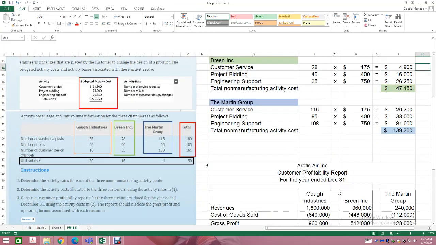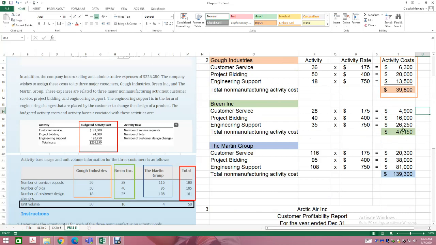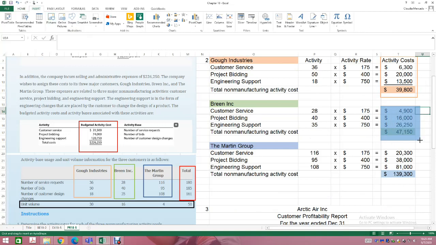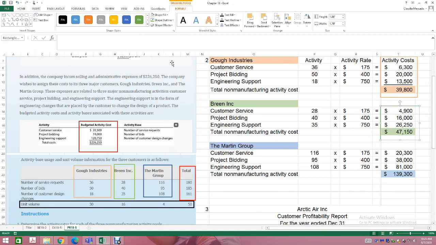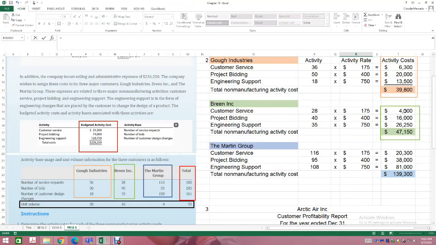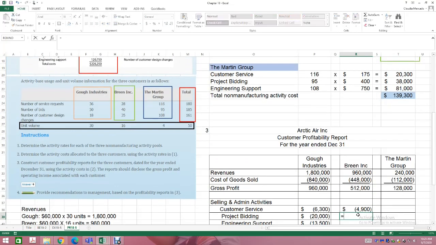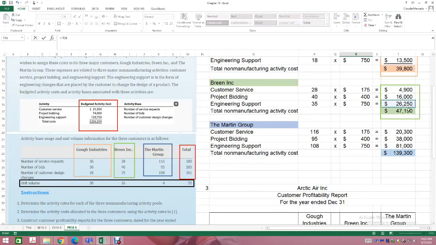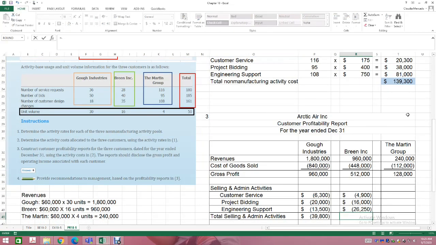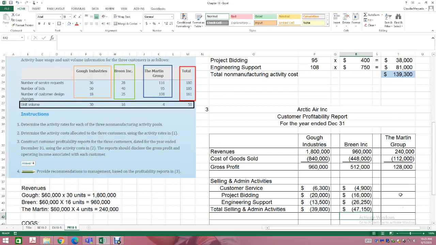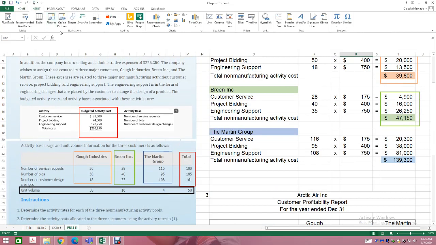We're going to do the same thing for Bryn. We're going to bring these numbers down here, and they are going to be flowing into that second part of your report. So it'll be 4,900, 16,000, 26,250. You see, it's a piece of cake once you do those calculations. And 47,150. And then last but not least, we're going to bring in the numbers from the Martin